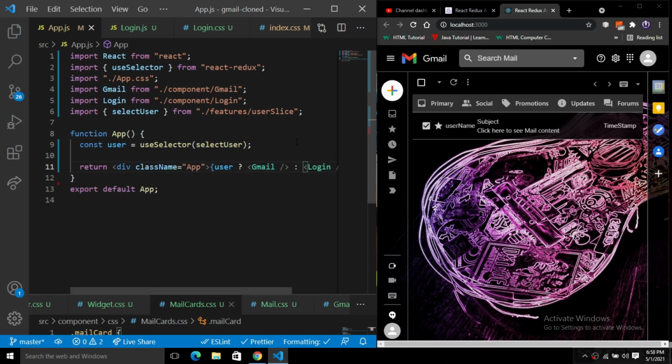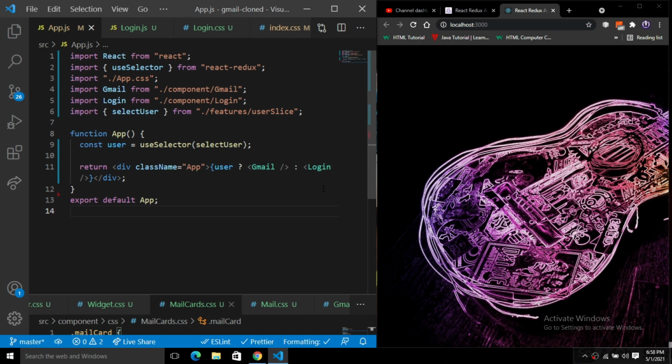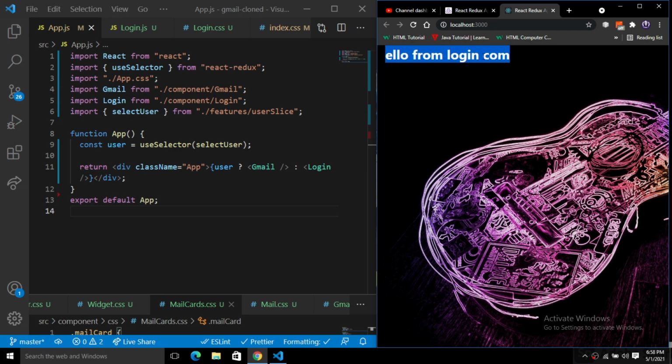Now save this. You will see we are thrown back to the login component because we do not have any user. Initially the user will be null, so we are dropped to the login component. It is not showing because of this blackish color.